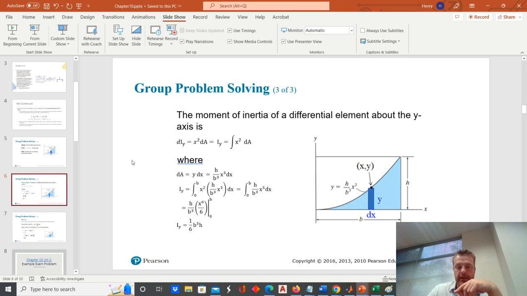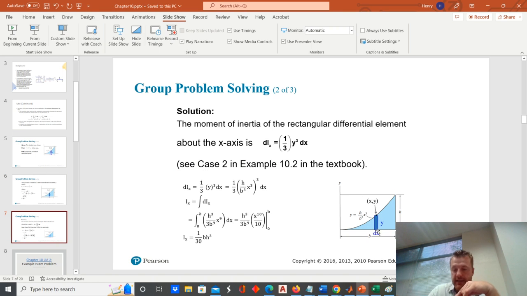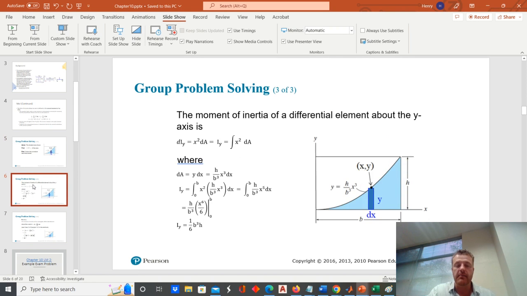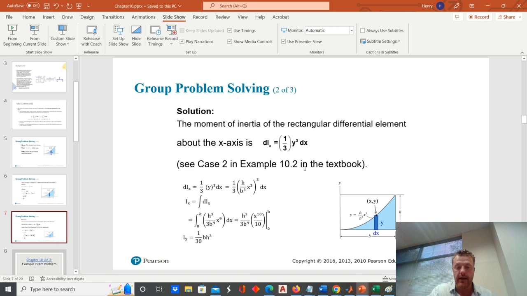If we go back to here, sorry, I should have said x squared. I was pointing in the right way, but not saying it, x squared times dA. Versus when you tried to determine the moment of inertia about the x-axis, you had a little bit more complexity. So long story short, when we're trying to find the moment of inertia about an axis, say it's the y-axis, we want to break it into vertical rectangles. If it's the x-axis, we want to break it into horizontal rectangles. That way we can have this easier setup that doesn't rely on memorizing or looking up that formula for the case of determining